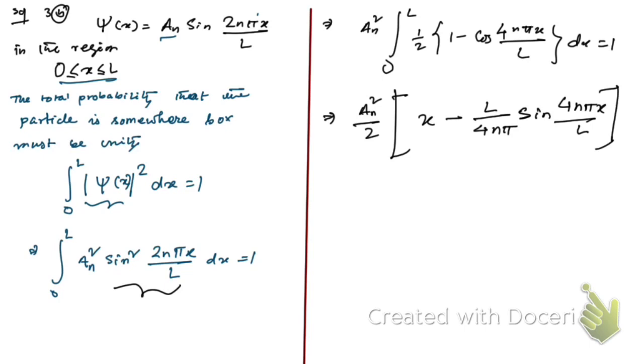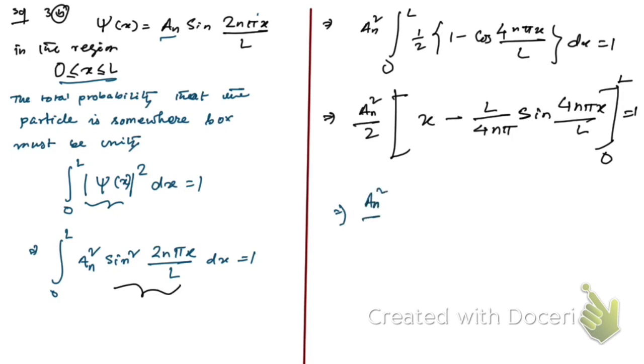So here the limit is 0 to L, so that is equal to 1. So here you see for the upper limit L, if you put here L, then these two are going to cancel, and 4n pi is the even multiple of pi, and sine of even multiple of pi is going to be equal to 0, right? So for both 0 and L, this part is going to be 0. So in that case, our result is going to be equal to